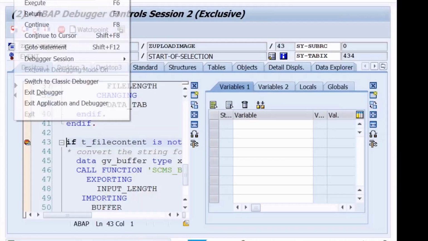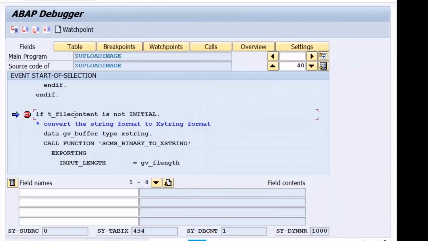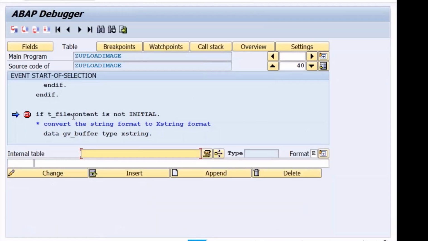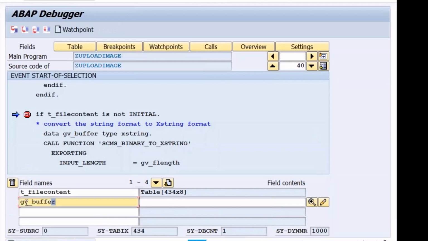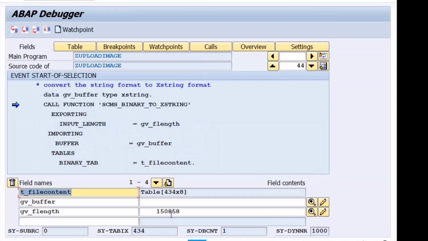Now, if you see this T_FILE_CONTENT, it has got some 434. It is some binary format, unreadable format. Now that I have to convert into XSTRING. GV_BUFFER is of type XSTRING. And F_LENGTH is 150,858. I'm just calling the function module.